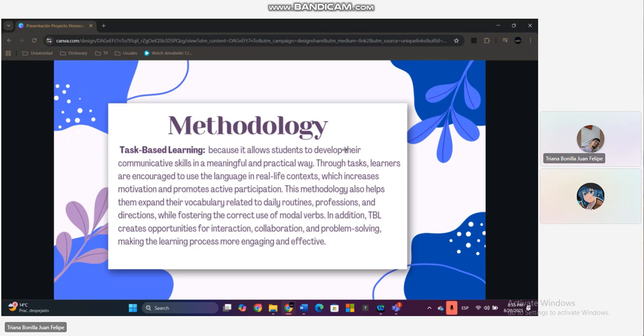This methodology also helps them expand their vocabulary related to daily routines, professions, and directions, while fostering the correct use of modal verbs. In addition, task-based learning creates opportunities for interaction, collaboration, and problem solving, making the learning process more engaging and effective.